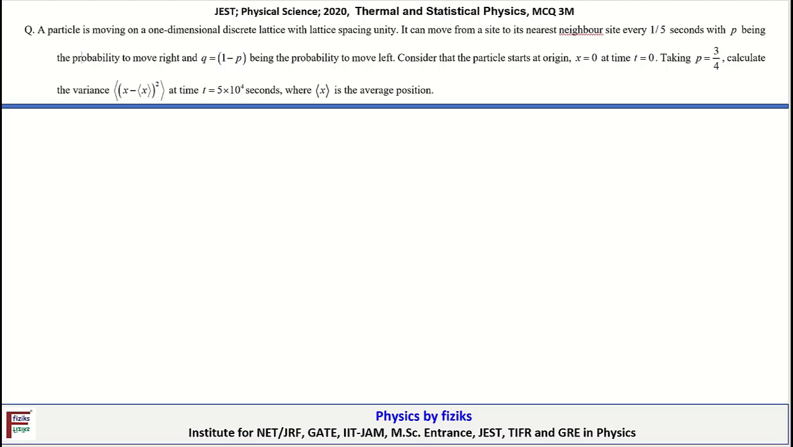So let's continue with the next problem. The statement is: a particle is moving on a one-dimensional discrete lattice with lattice spacing unity. So the lattice spacing is equal to unity, or 1 unit, which is basically the step size. It can move from a site to its nearest neighbor site in every 1 by 5 seconds. So the time taken for one step is 1 by 5 seconds, with p being the probability to move right and q equal to 1 minus p being the probability